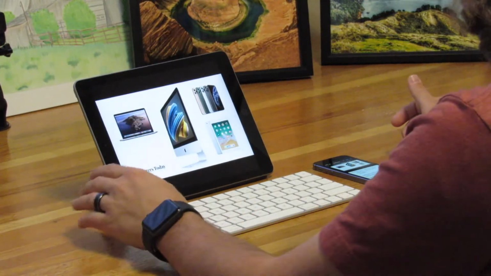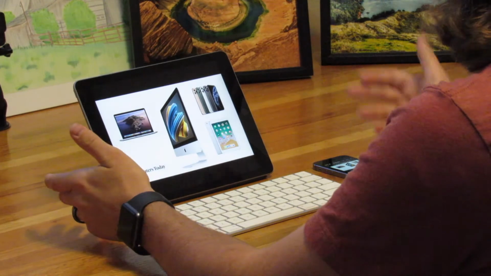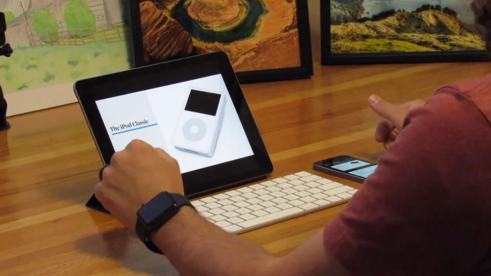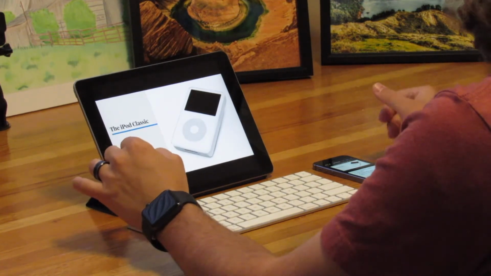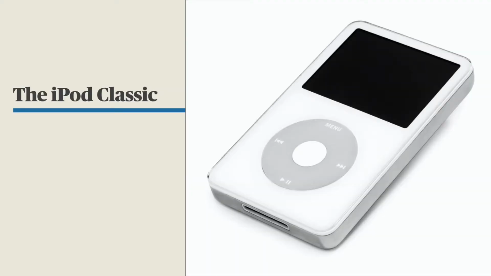Now, there have been many changes in our computing world, especially in the world of Apple. You've got laptops, desktop computers, the iPhone, and the iPad today. And what I'd like to focus on is those last two, the iPhone and the iPad. They both run iOS. And so when we talk about iOS, we need to talk about where it all began. The iPod was the most influential device for Apple coming into the 2000s. The iPod changed the way that people listened to music. It shaped the way that we viewed mobile devices.